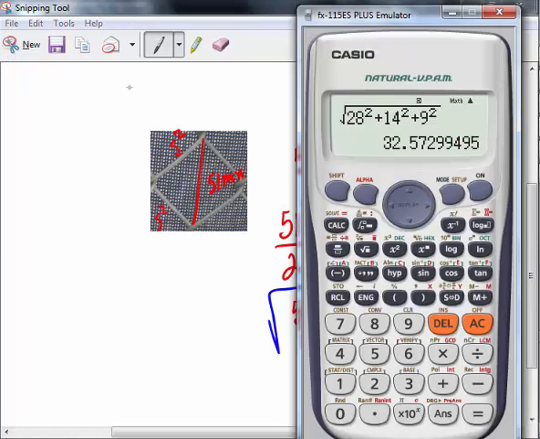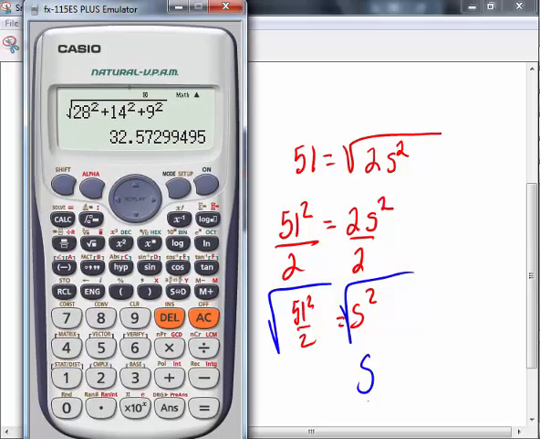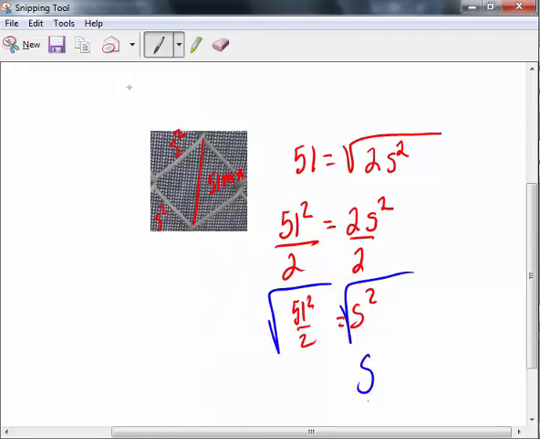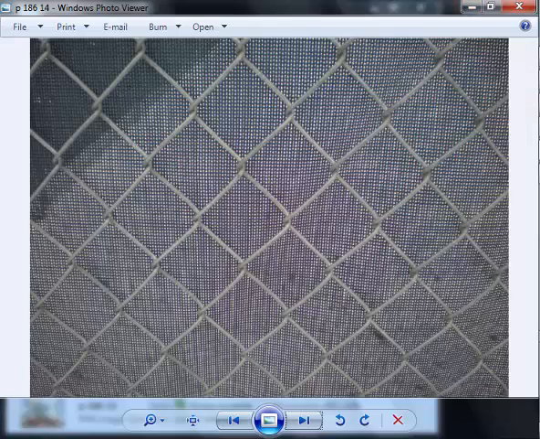So let's do that math. Square root, fraction, 51 squared over 2. And it makes sense that the side would be about 36 millimeters. Next,